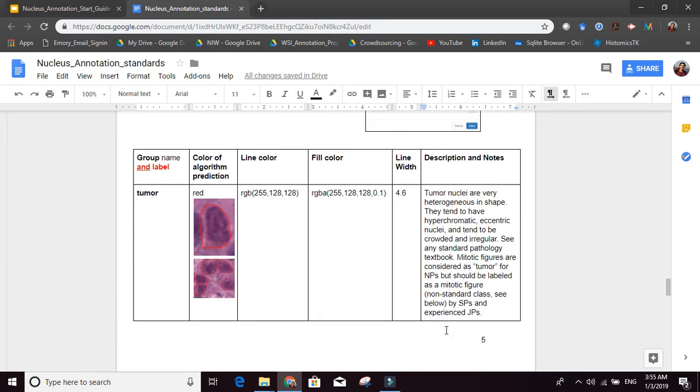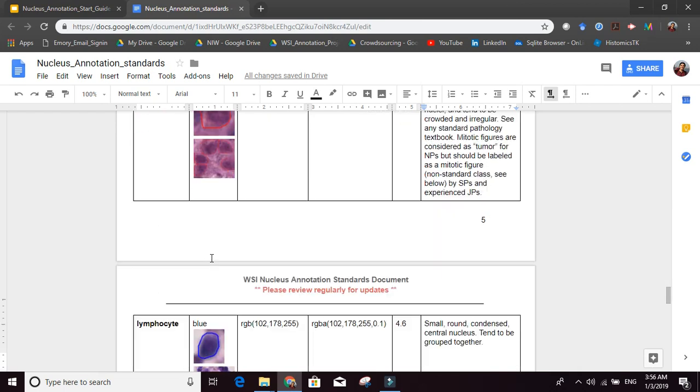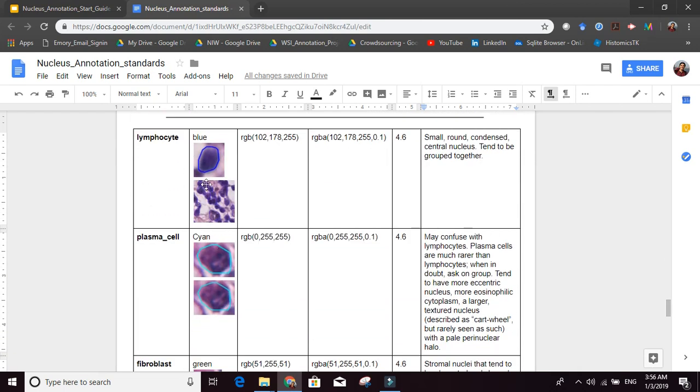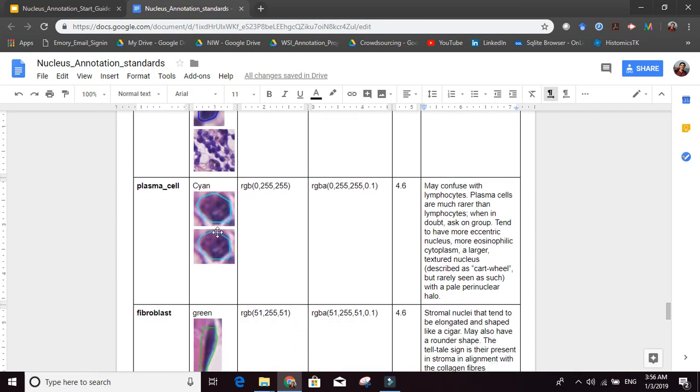Now, like I said, the computer will have its own predictions that you want to correct. So this is what the computer prediction looks like. What the computer thinks is a tumor nucleus is going to get a red boundary. What it thinks is a lymphocyte is going to get a blue boundary. What it thinks is a plasma cell is kind of cyan.